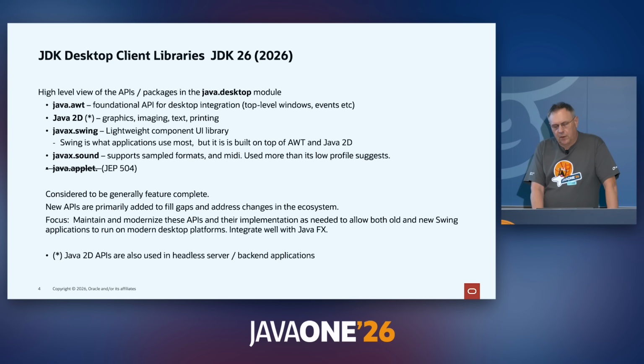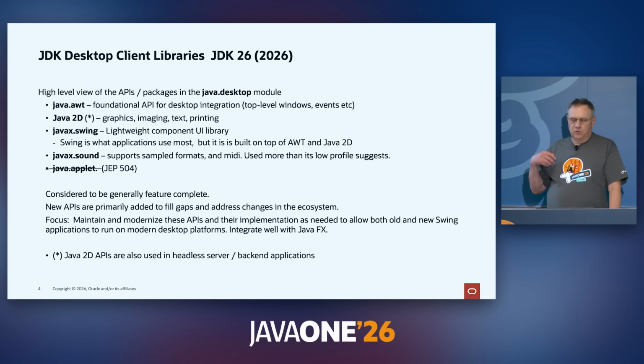So where are we now? Well, we still have Java AWT, but this is now part of the Java desktop module. In JDK 9, the whole JDK became modularized. The Java desktop was a pretty huge module because it provided so many different packages and so much support, and there was no particularly easy way to separate it, and it just was not viable. So we still have the Java AWT package,